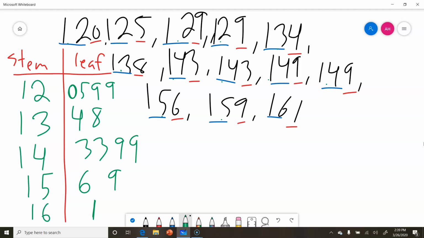If you need to take a picture of that, go ahead and do it. I think in the homework, they'll do one that has decimals, and then they'll just say use the left-hand side of the decimal as the stem and the right-hand side as the leaf. So not very hard. Now, the other part of our lesson